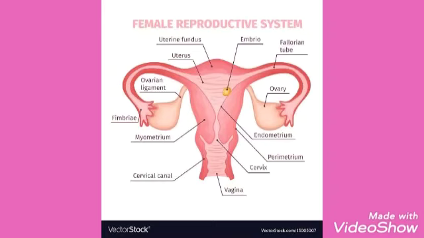External female genitalia. They consist of the mons pubis, labia majora, labia minora, hymen and clitoris. Mons pubis is a mass of fatty tissue covered by skin and hair. Labia majora are fleshy folds of tissue that extend from the mons pubis and cover the vaginal opening. Labia minora are the paired folds of tissue under the labia majora.